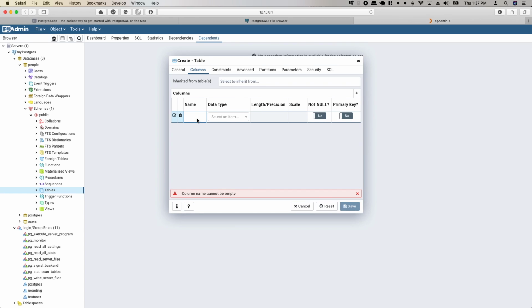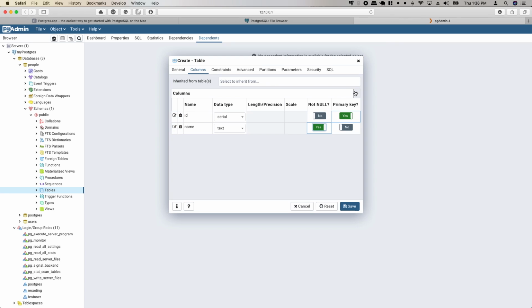First, click on the plus icon. Inside our name section, we need to type our column name as ID. Then inside data type, we need to set it as serial, so it will auto increment as we push data inside it. Then select it as primary key so we can make a relation using ID to other tables. Then click on the plus icon and name it as name, which is of type text, and it should be not null.